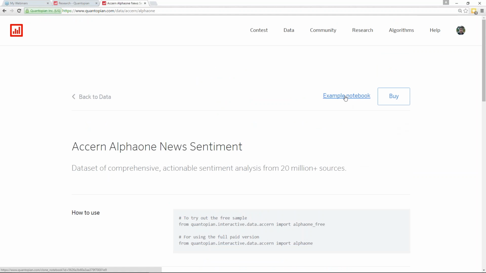You can click on it and you'll launch a research notebook, and that IPython environment shows the data in action, shows those free samples in action. So that's the quick introduction to Quantopian data. Happy to answer questions on that, but